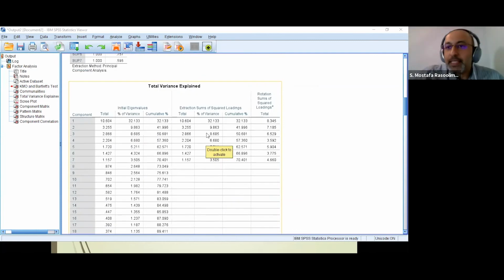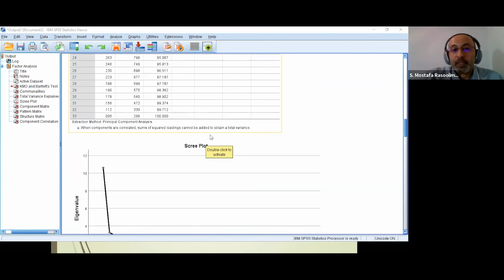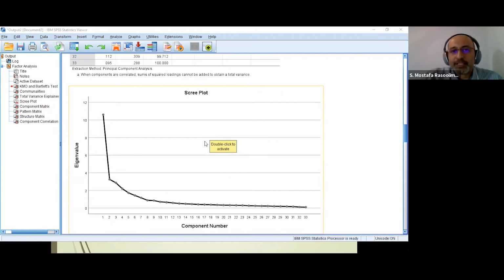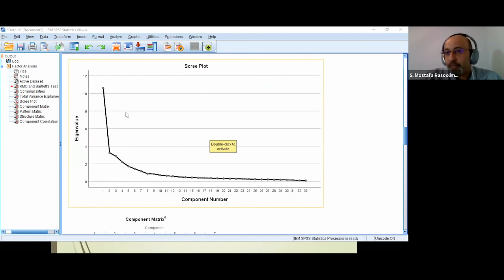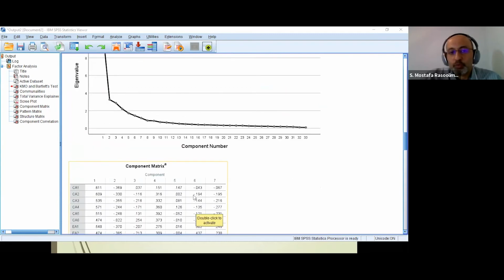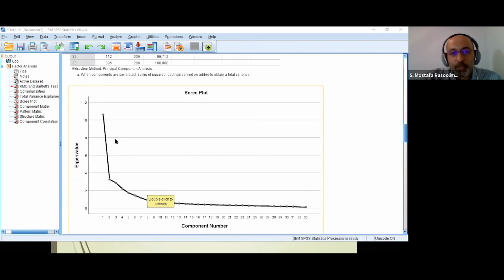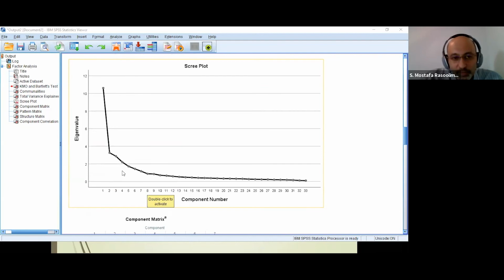Now we can see this is a Scree plot. Before going to the matrix for loading, this is a Scree plot. Okay, for a Scree plot, you can see one is here,